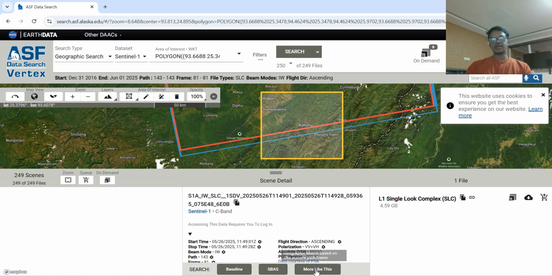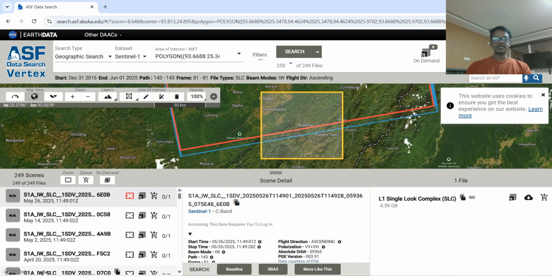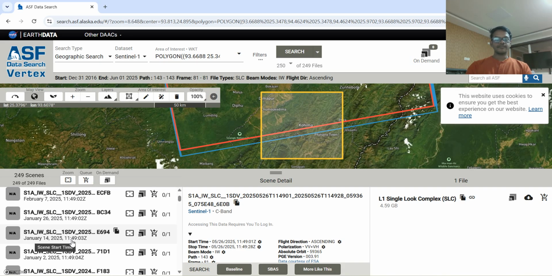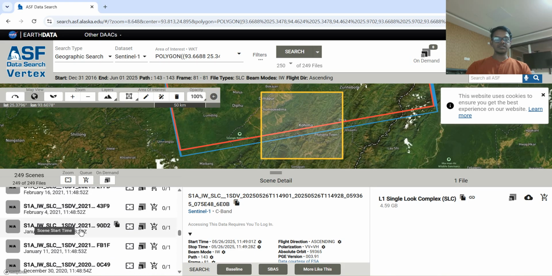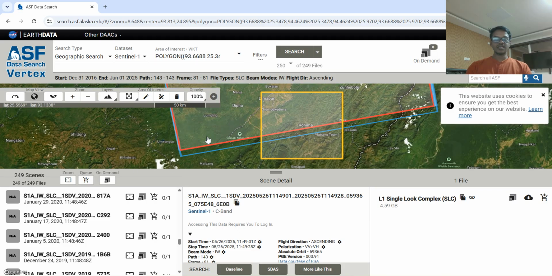Once you click more like this, you can see the similar acquisitions from May 2026, May 2025. So if you go on completely, you can see many images, 249 scenes that are covering this particular area of interest. So what you can do is you can go for add all results to download, add 249 files,